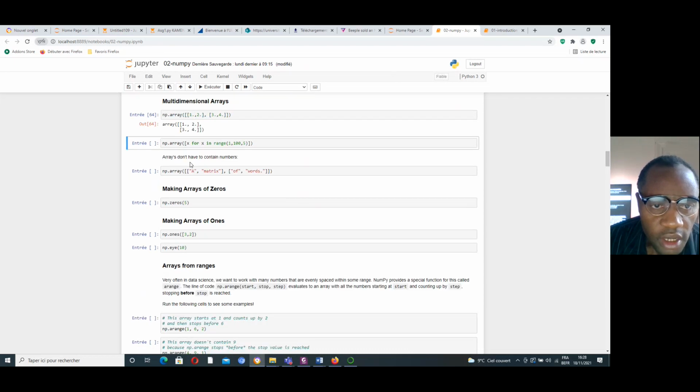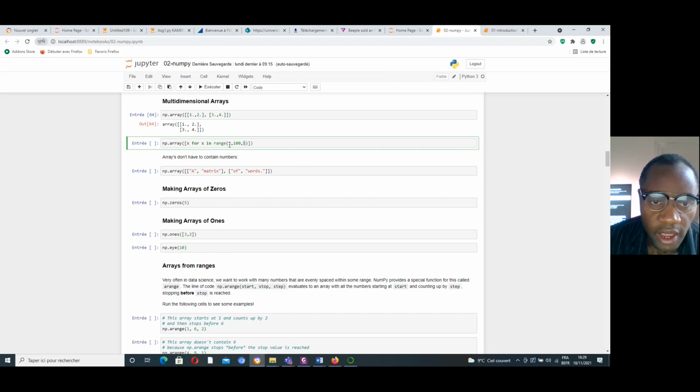Here, if I want to print x for x in range 1, 100, 5: 1 here represents the start, here is the end, and here is the step.